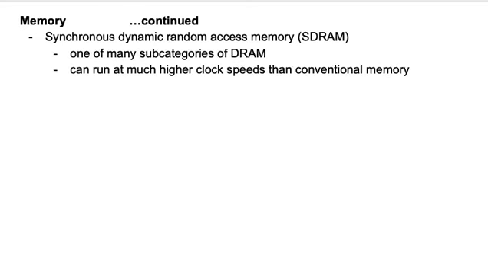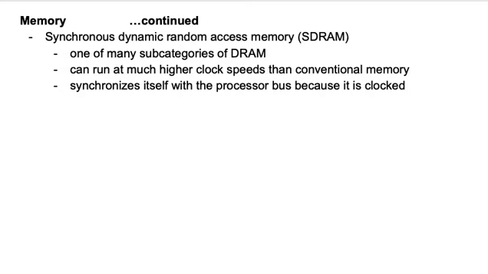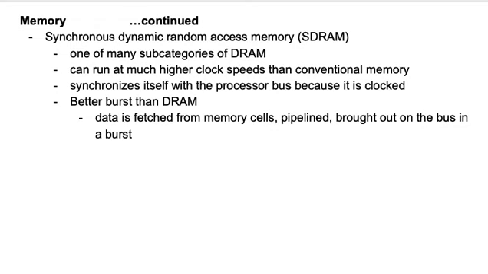Synchronous DRAM is another subcategory of DRAM memory. It runs at a higher clock speed and it synchronizes with the processor as it is clocked. It has a better burst because the data fetched from memory cells is pipelined and brought out onto the bus